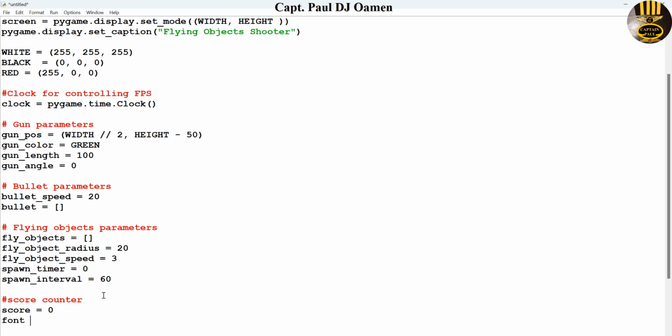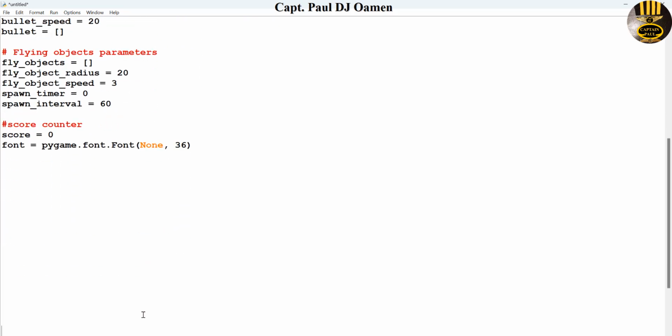Font, that is going to be pygame.font.Font, and it is going to be, let's say, None. Yeah, None. Comma, and the size is about maybe 36. Yeah, that takes care of the font